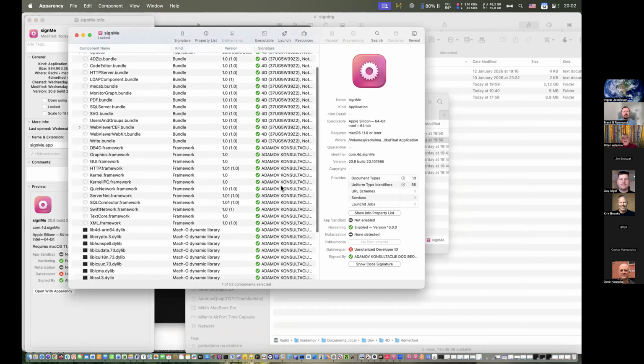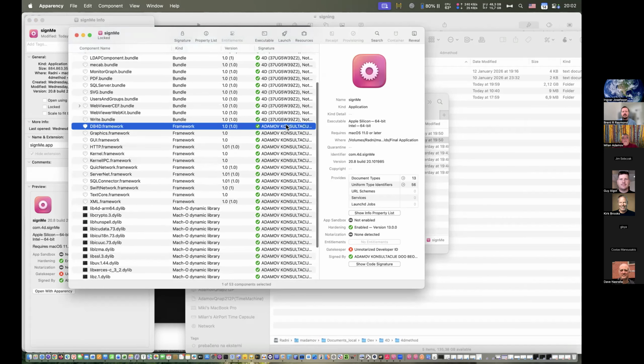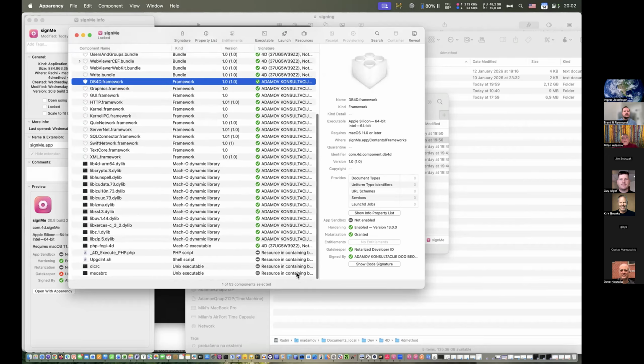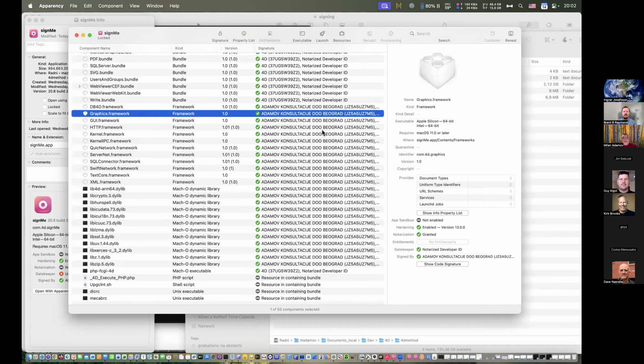Basically nothing changed here, except you see that there are many frameworks here now. Instead of 4D, it's the signature of my company. This d.o.o. means LLC, or GmbH in Germany, or limited in the UK, I suppose.